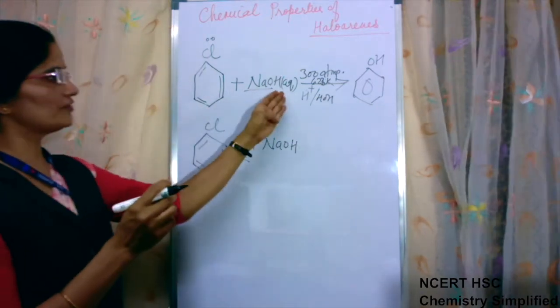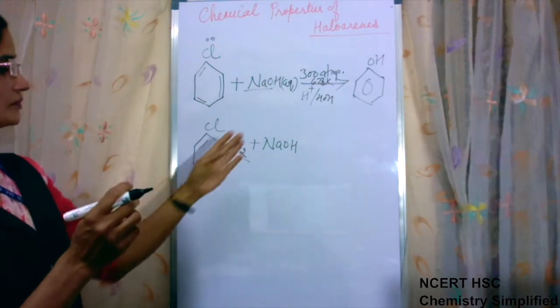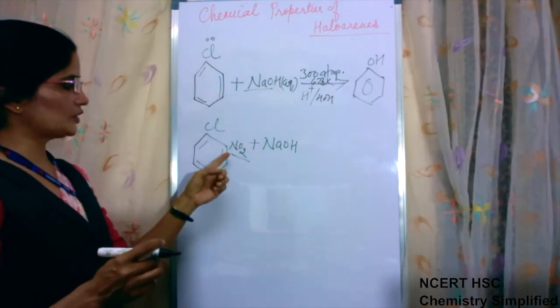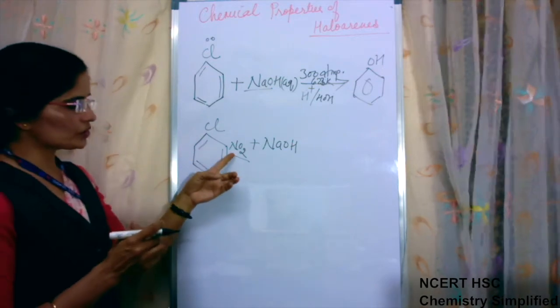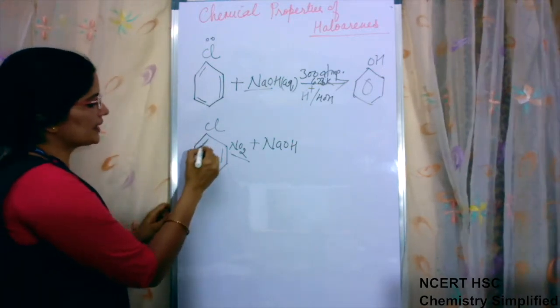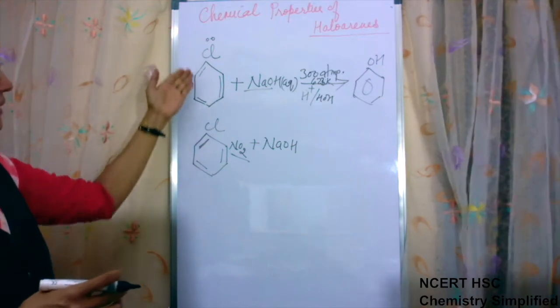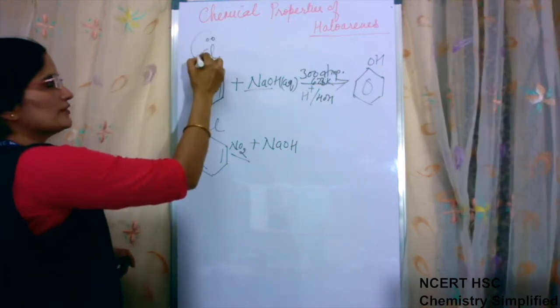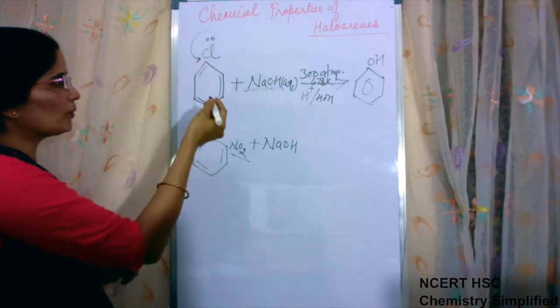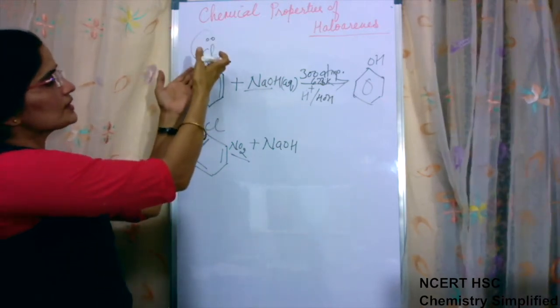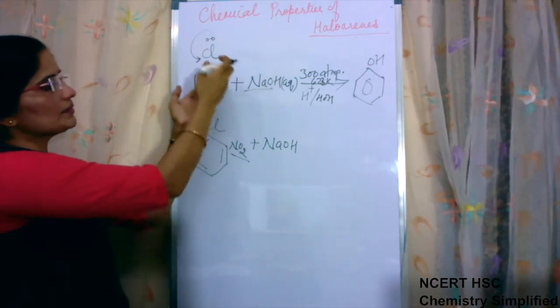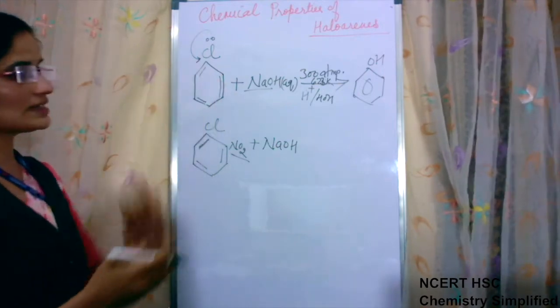The same reaction which is taking place here without NO2 group present on it, what is this NO2 group going to do? Because this negative charge is present, we saw the resonating structures on the benzene ring. Because chlorine was giving lone pair, it was acquiring double bond character. And why was chlorine giving? Because it was stabilized by resonance because of these bonds available.